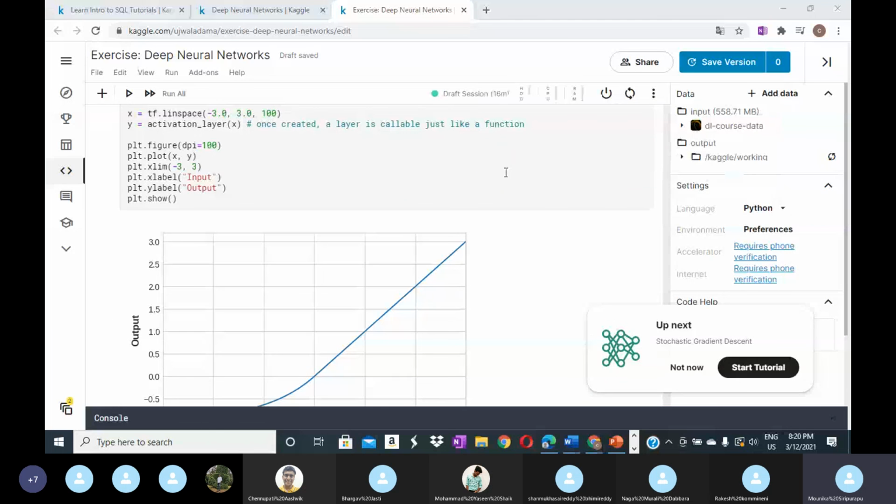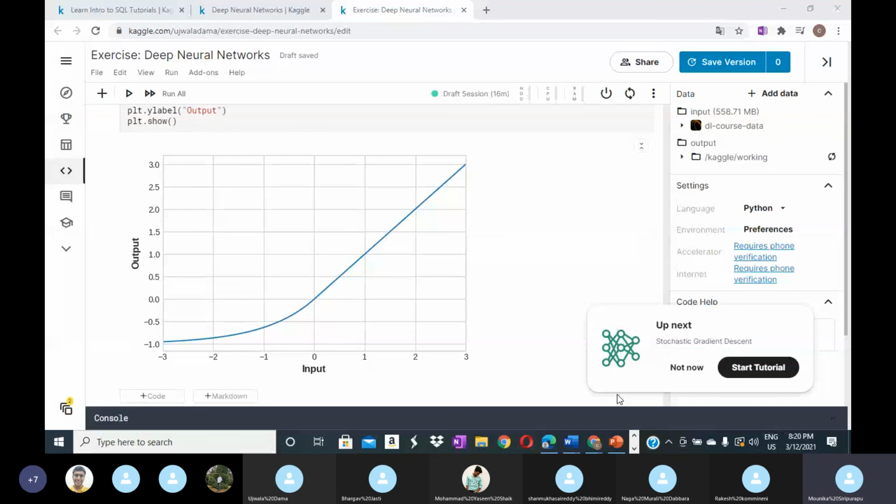Okay, Ujjwala, did you understand how to add the layers? Yeah, Monica. Okay, thank you.